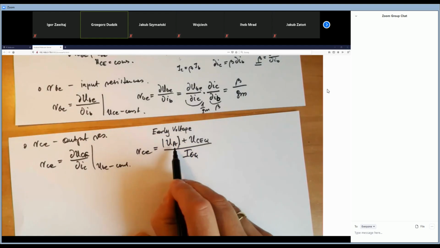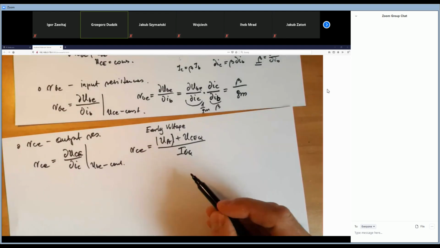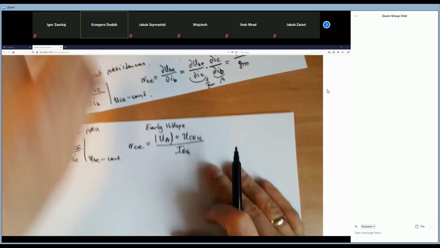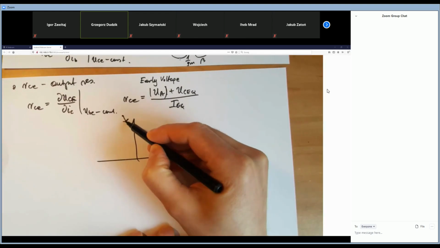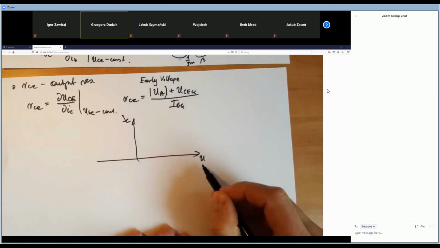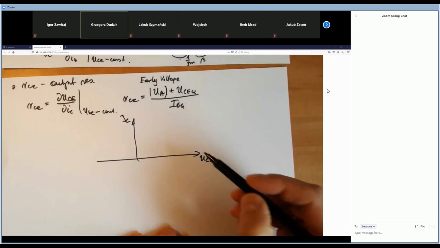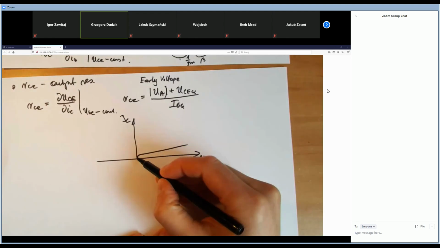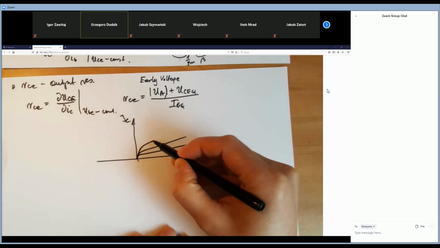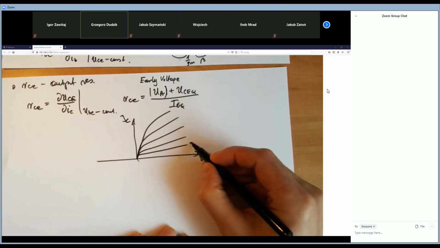And what is the early voltage? Please remember the expression or the function between the UCE and the current IC for the transistor. The shape of the functions looks like that, and this is for the different values of base current,